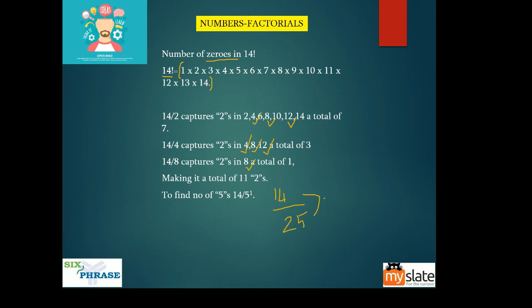I told you, right? So you don't need to do 5 square. Here it is 2 power 1, 2 square, 2 cube. You went like that, right? Similarly, you have to go 5 power 1, 5 square, 5 cube.